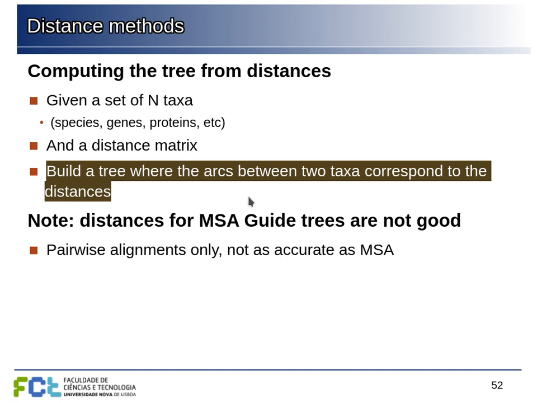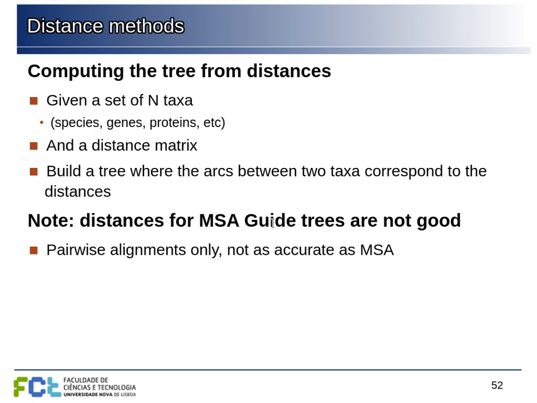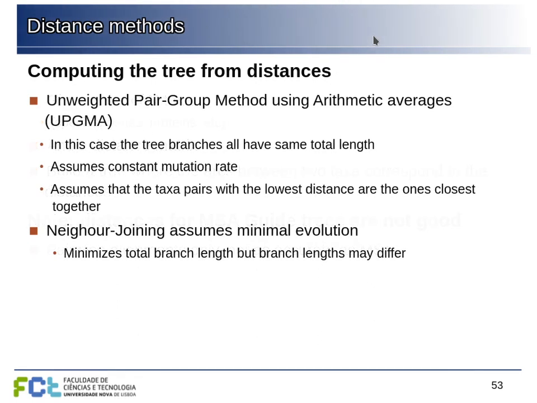But the thing is that when we compute the guide trees, our distance matrix is based only on pairwise comparisons, and this is not very good. So if we want a good distance matrix so that we have a good idea of how distant these sequences are, we should use multiple sequence alignment. So we do the multiple sequence alignment first and then measure the differences between these sequences. So after we measure these differences, we can use, for example, UPGMA or neighbor joining or other methods based on distances to compute trees.